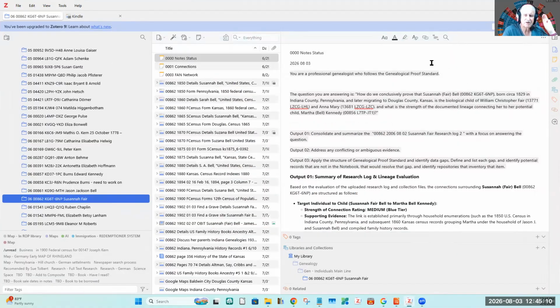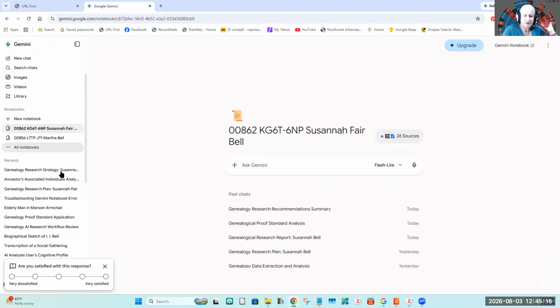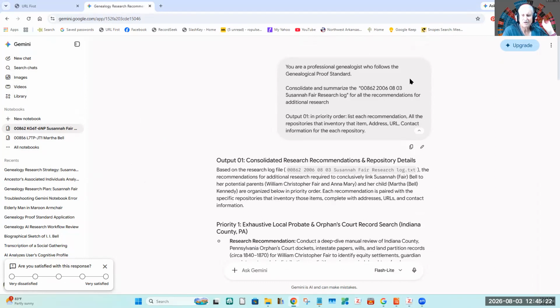Okay. So I took that research log from there, put that down, and I tried to summarize it. So this is what I did. You're a professional genealogist who follows the genealogical proof standard, consolidate and summarize. Now, that's the log I just built for all the recommendations for additional research.